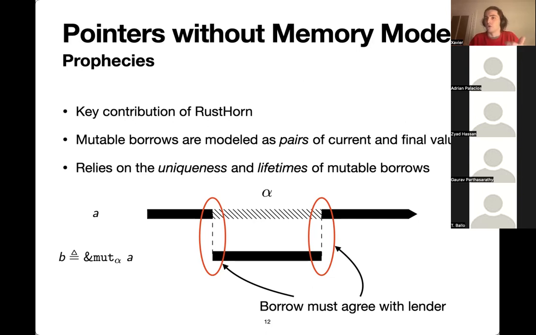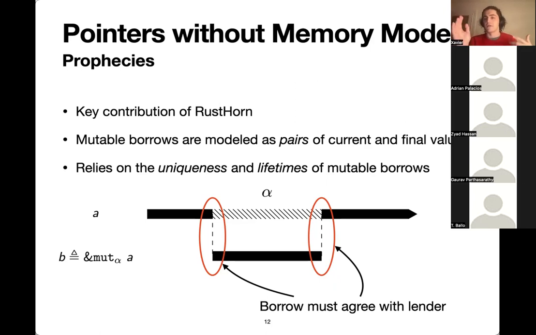B can, of course, recursively hand out another borrow to its contents. We can always take a smaller borrow out of a borrow. But for all of alpha, we're certain that the only one who can modify whatever was inside of A is B. This is what the Rust type system guarantees us. So in particular, we don't care what's inside of A for the entire duration of alpha, because we can't observe it. All we know is that at the end of alpha, at the end of our borrow's lifetime, whatever is in A agrees with whatever is in B.